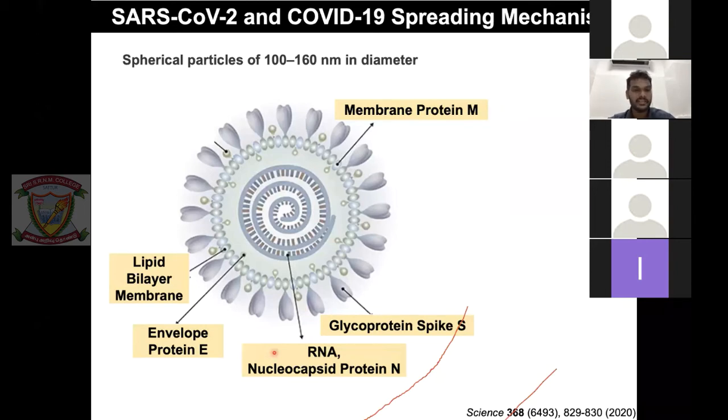Why is RNA unstable? As you know, there is a 2' hydroxyl group in the sugar backbone, and that can undergo cross reactivity with the phosphodiester bond, and it will form cyclic phosphates. So it's quite easy, and if there is any slightly basic environment, that is good enough to trigger the entire RNA collapsing. That is why RNA is unstable. That needs to be protected. So in the virus, the same thing is happening because it is not DNA, it is RNA, highly unstable. So this nucleocapsid protein protects the entire RNA.